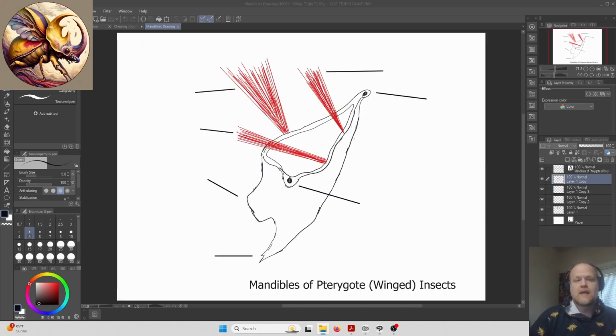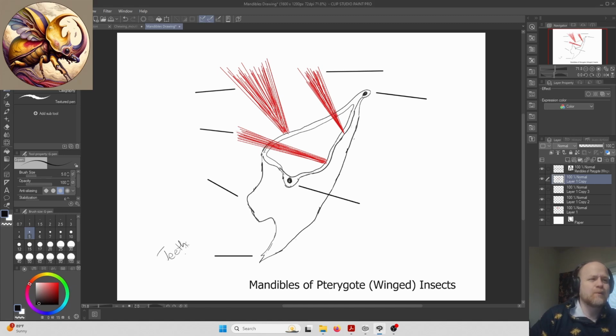So this is a drawing of the insect mandible, just one. Obviously this is repeated on the other side. So the basic structure, they tend to either be triangular shaped or crescent moon shaped for insects that actually bite and chew. The front part of the mandible,